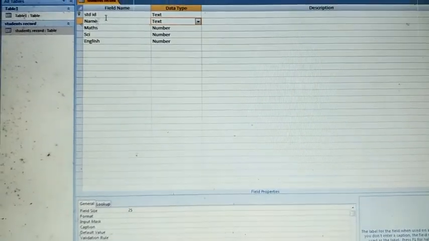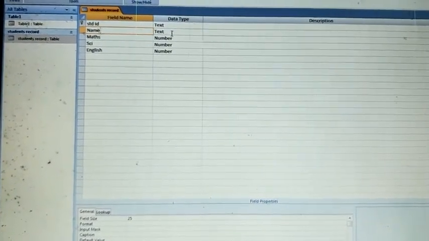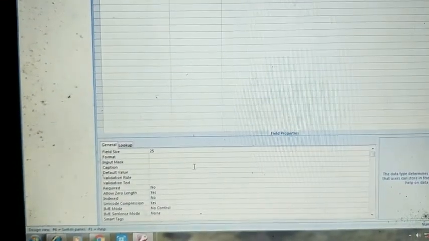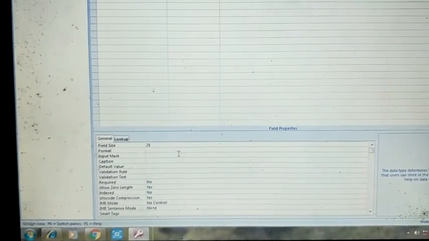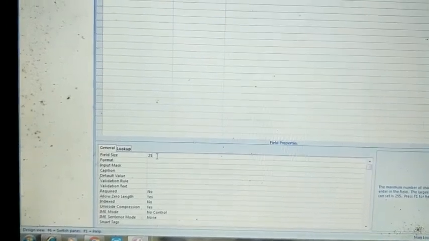If you choose the name field, its data type is text, and this area will display the properties of that field. That field is a text data type, so you can see it is given a field size. You can change the field size.